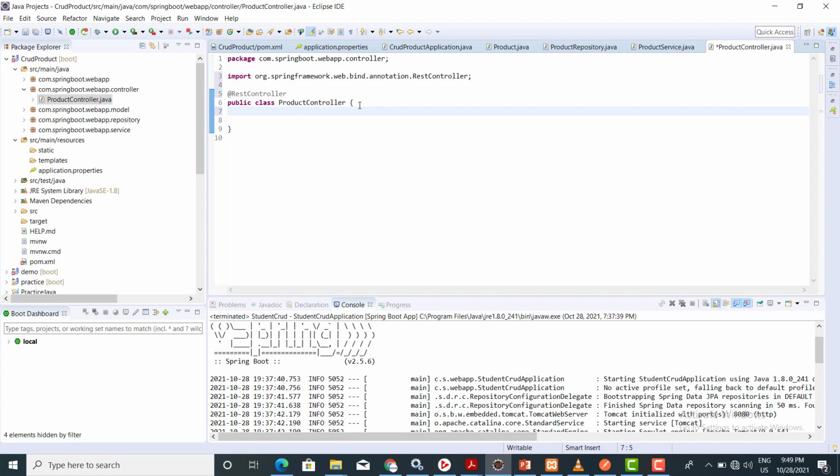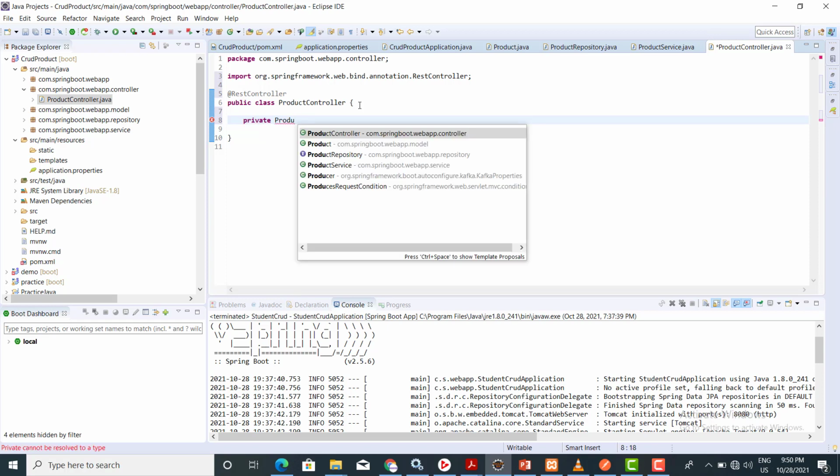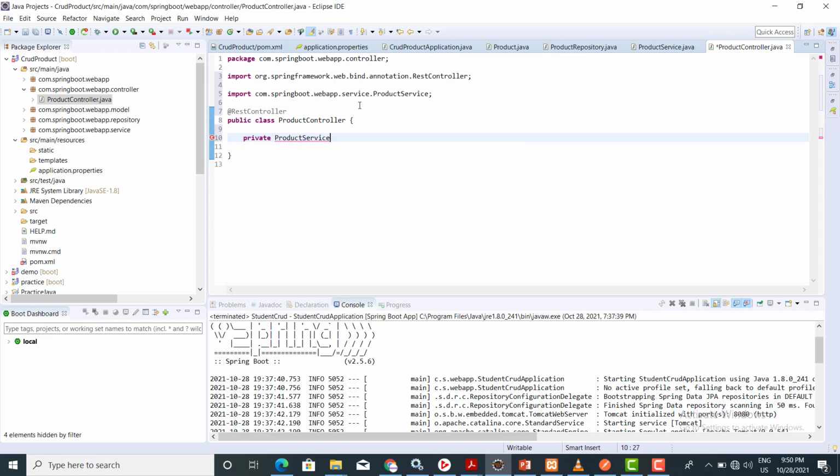Now we want a service class. So I'm creating an object of a service class, product service and service.